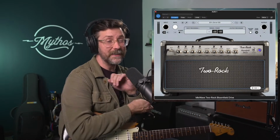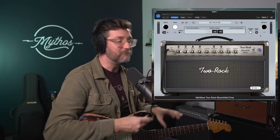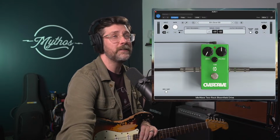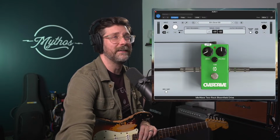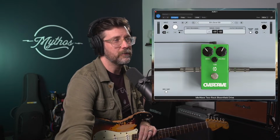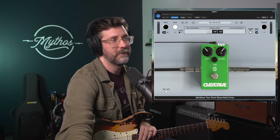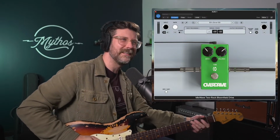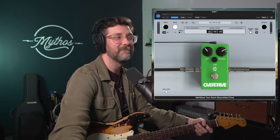So, I mean, it sounds good. It has a very Texas blues sort of thing going on in that setting. So the cool thing about this, and one thing that I don't know if many people have talked about, in addition to having the amp, we also have this guy in here. We got the overdrive, which looks like something that I would like. So if we turn this on,